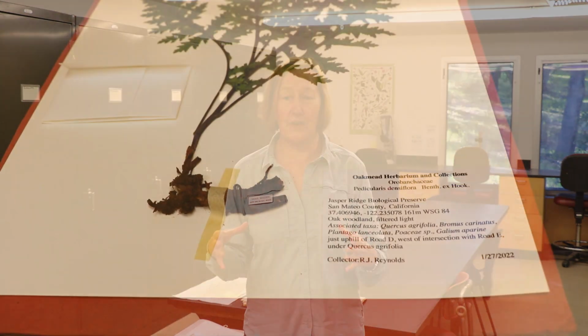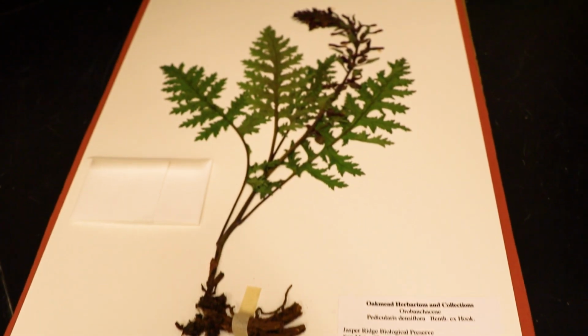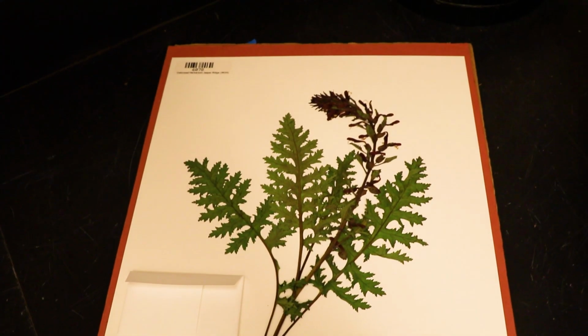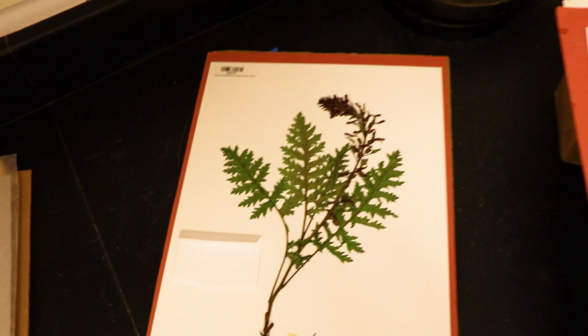And then lastly, when you press and mount, you do this carefully and hopefully including all of the important parts of the plant that are necessary for someone to look at its taxonomy, look at the parts that are needed for identification like fruit, nut, or seed, or flower, or any combination, and preserve that carefully on its mounted specimen,